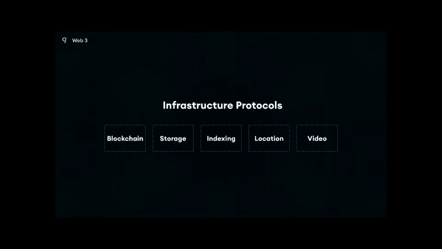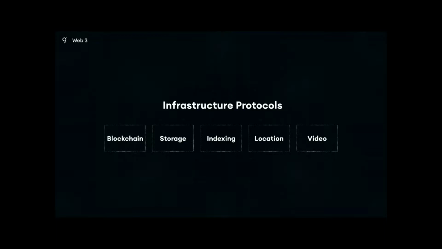So with that, we can look at the architecture for Web3, which is how we're going to be able to build all of these applications with the properties that we wanted. At the bottom, we have these infrastructure protocols. This is the bottom of the stack. There's blockchains, which we talked about a little bit, storage networks like IPFS, but many more. These are the low-level primitives on top of the hardware. If you need low-level computation in order to be efficient, or you need access to special hardware, anything that's special purpose, then you need an infrastructure protocol where people can run these nodes.